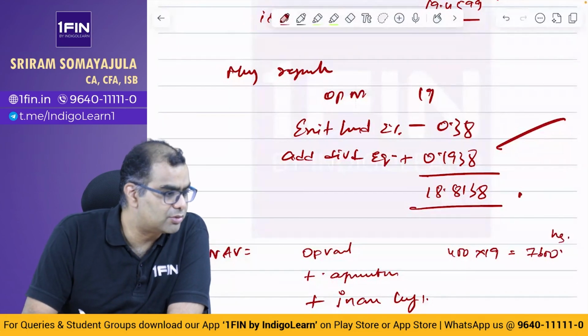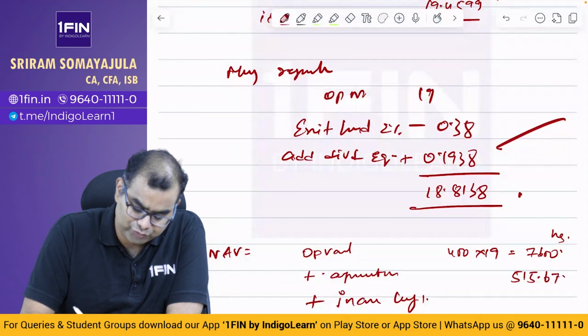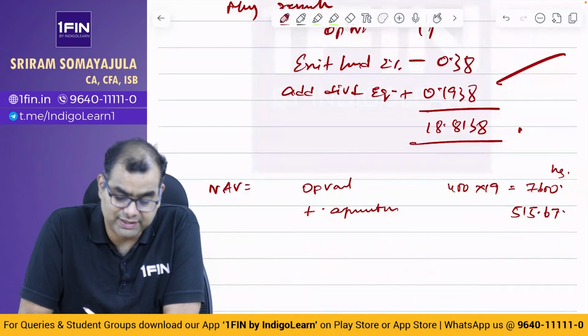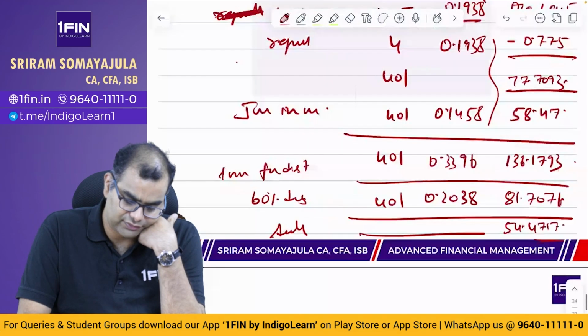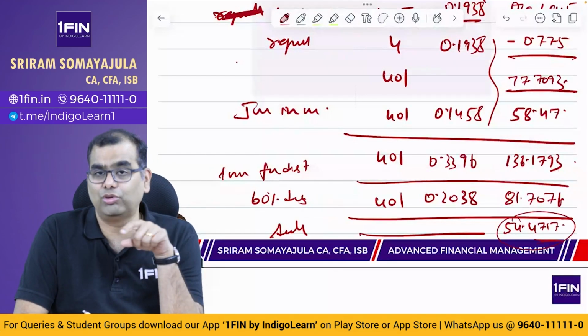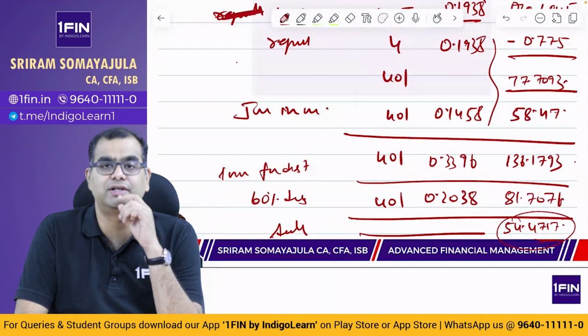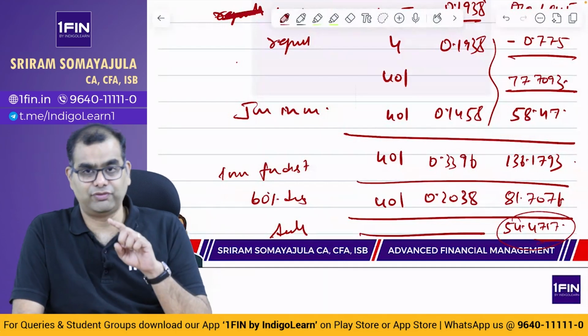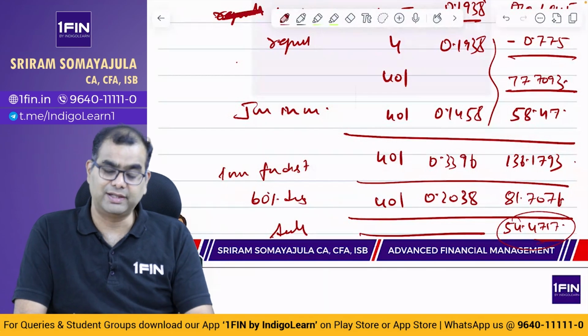Appreciation, the value of the portfolio is how much? 515.67. The appreciation is 515.67. Then you should not make one mistake, which is, sir, we have already got directly here 54. Is that the money that is left? No, but please note, this includes the money that you have collected from these fellows for dividend equalization. So if you are going to take this as a value, you have to adjust for dividend equalization. If you don't take this, then you need not adjust.